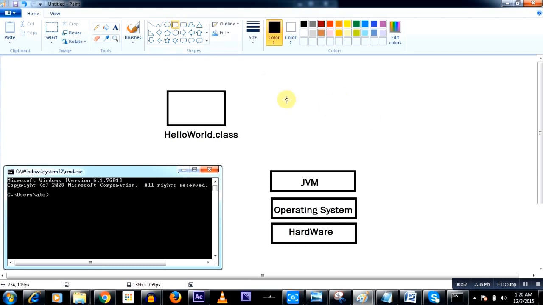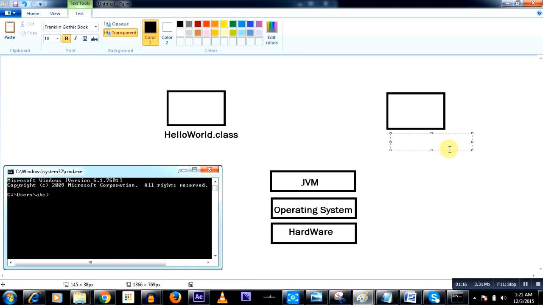At the same time, I will have, and I'll show you the code for this, another Java class which will be in a second folder, and the name of that folder would be second. It will also be called hello world dot class.